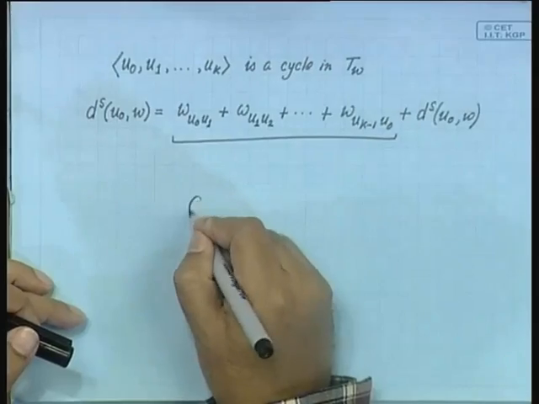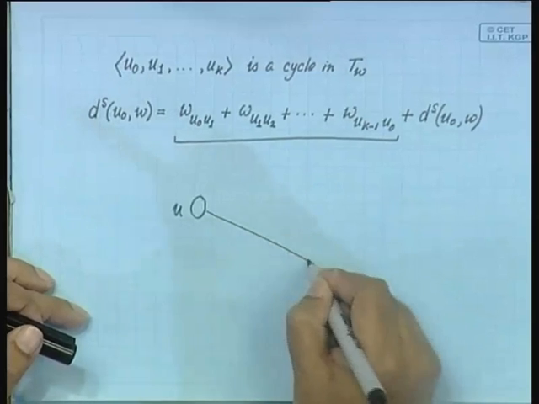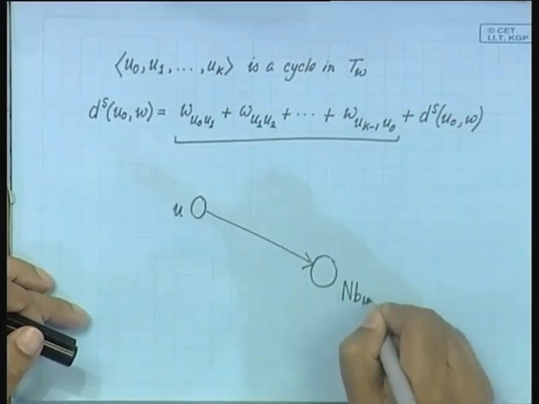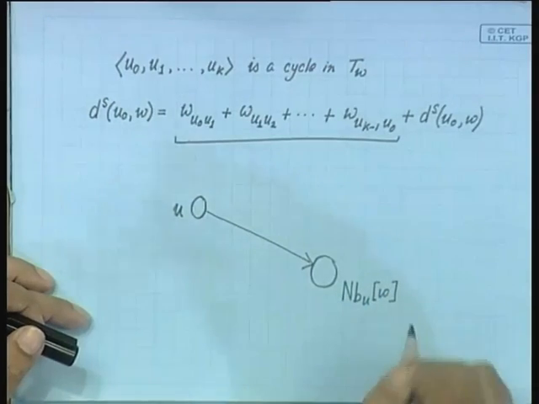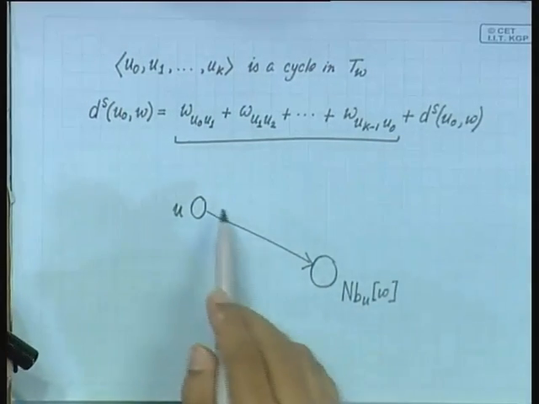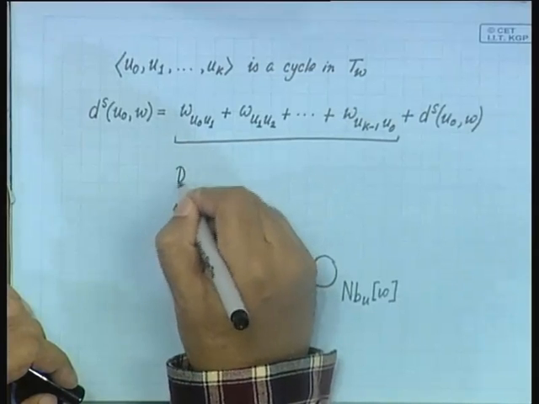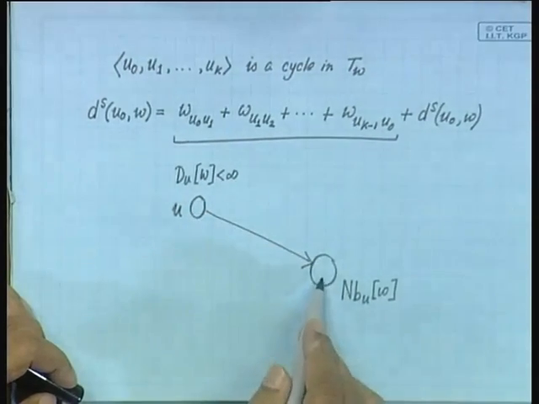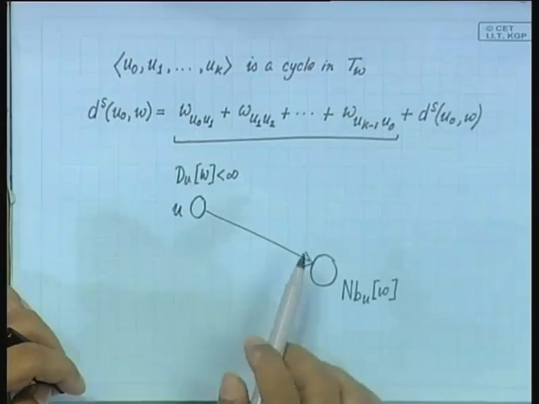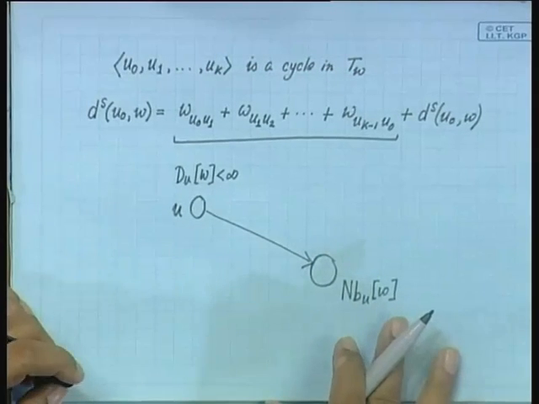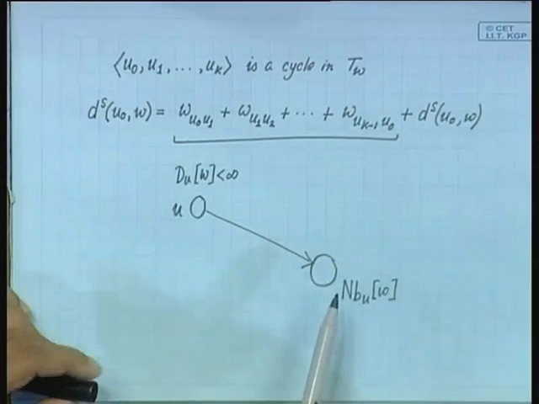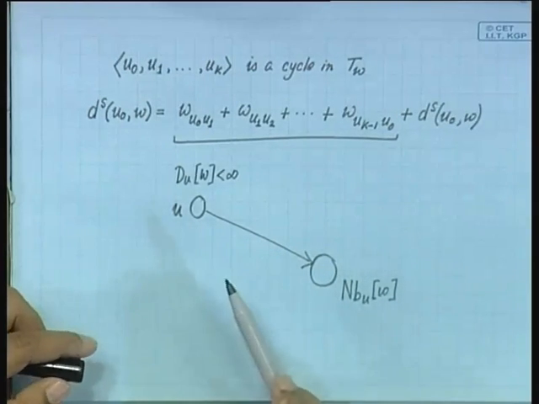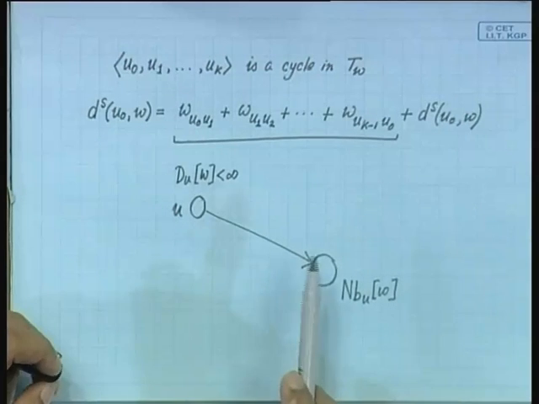So, from every node u to the node NB(u,W), okay. Now, if I look at only those u's such that D(u,W) is less than infinity and I look at only those edges here, then this defines a tree, right. Now, if this defines a tree, then we can use this tree only to transfer DW,